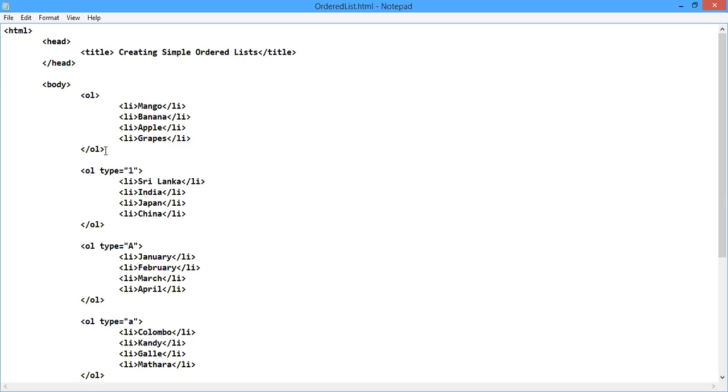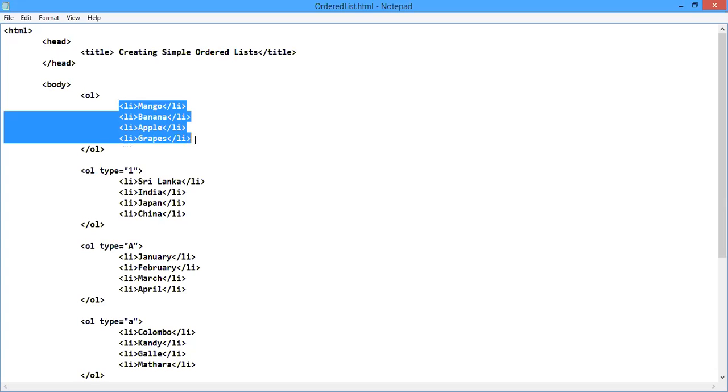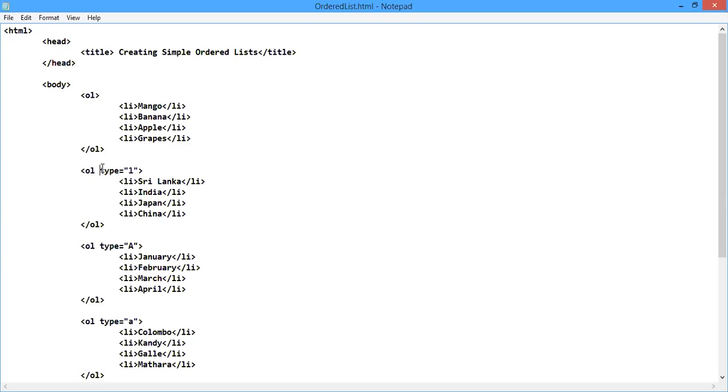Then in between the opening and closing OL tag, we can indicate the list items same as before with the LI tag. Nothing different. Here also we can use the type attribute within the opening OL tag and set the value to the first item's ordering value. Then automatically it will increment to the other list items.